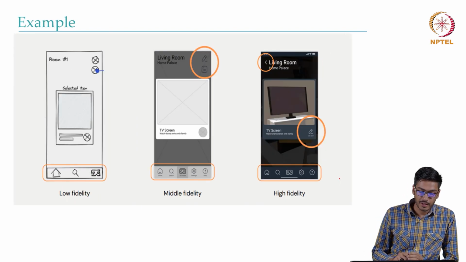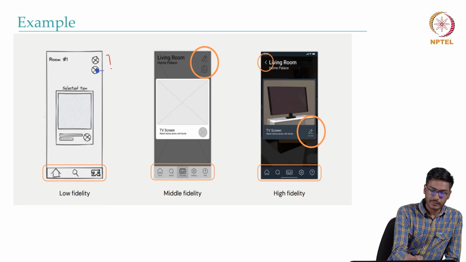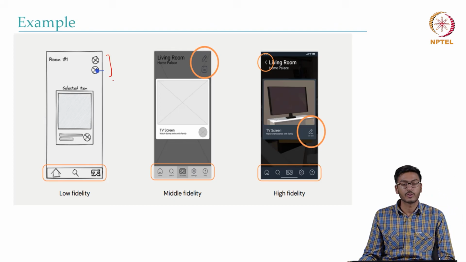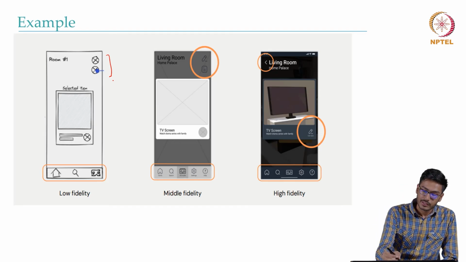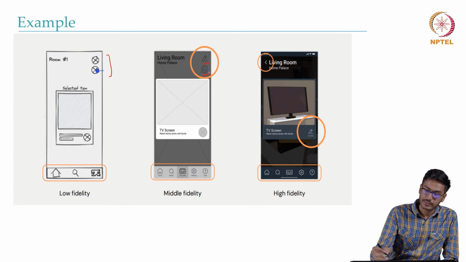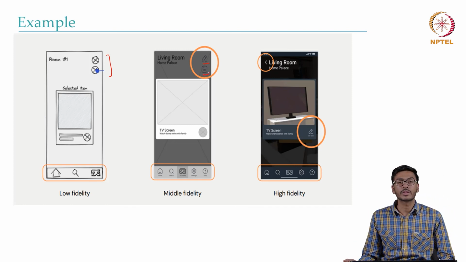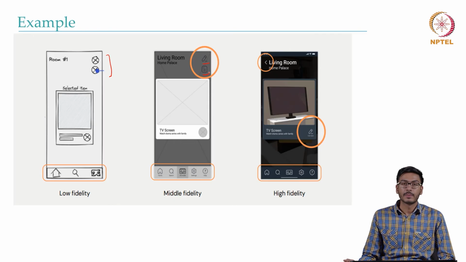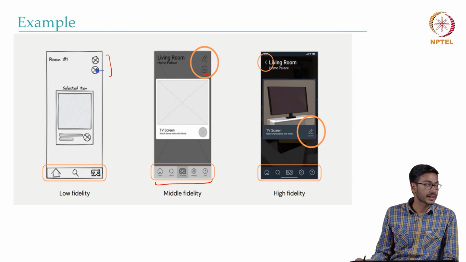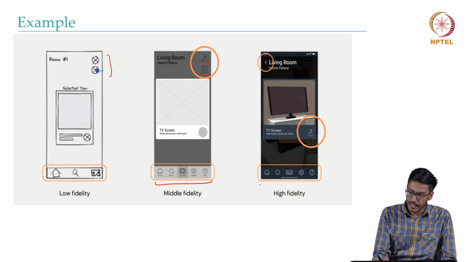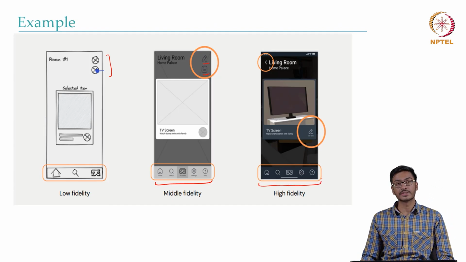Another example we have is how the buttons are given simple crosses. As for the designs in the mid fidelity prototype, buttons may be given simple icons to signify their functions. It may also contain some clickable areas and interactive features. Finally, as for the high fidelity prototype, it includes all the features that are going to be present in the final product.